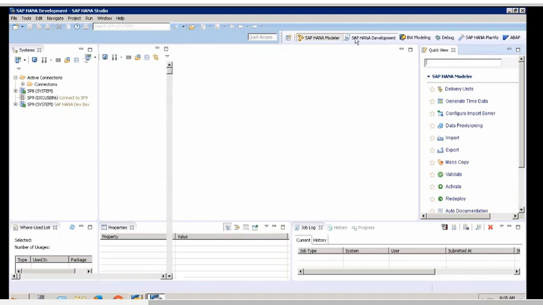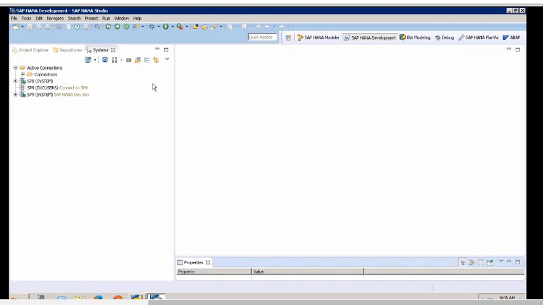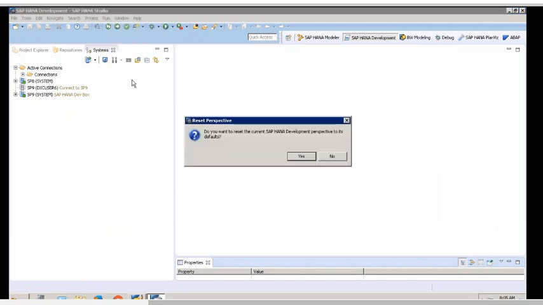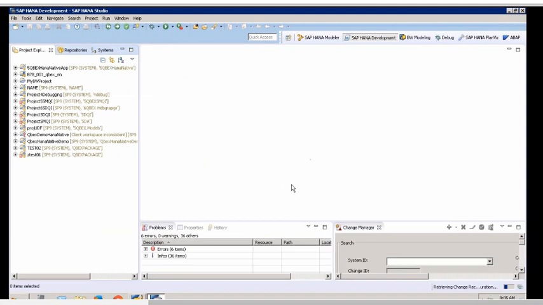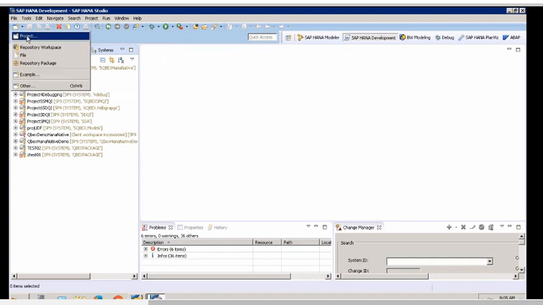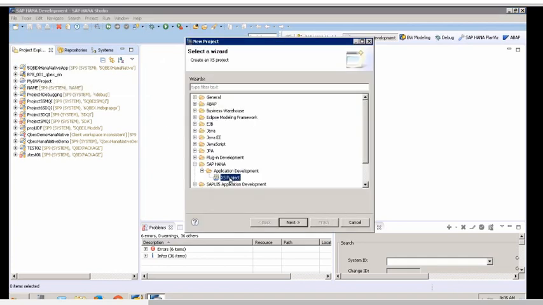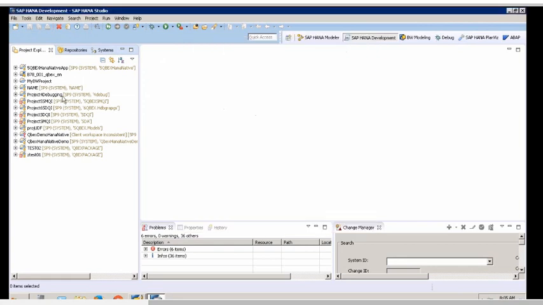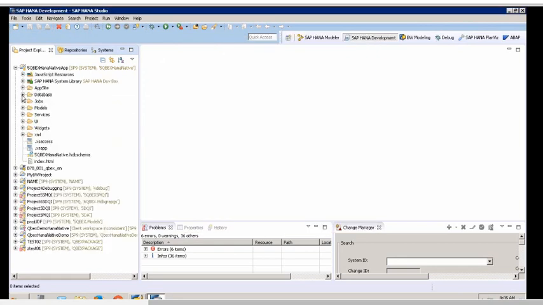Suppose I've come in for HANA native development, where I want to develop my own HANA native applications. And this screen is more, let's say if you go in, what kind of project do you create? An XS project, and this is where you start doing all those HANA native developments. So the screens here would enable me to do my HANA native development.